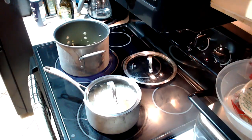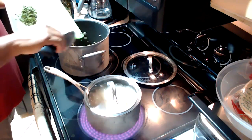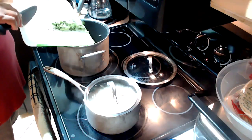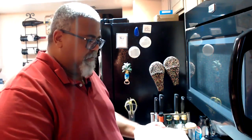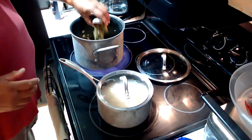Now we're gonna add the rest of the ingredients. The oregano, culantro. What we're doing is we're making a sofrito. It's used in Latin cuisine and Filipino cuisine. Everybody has a different flavor to it, but that's what we're making. We're making a sofrito. We're gonna add the Spanish alcaparrado,